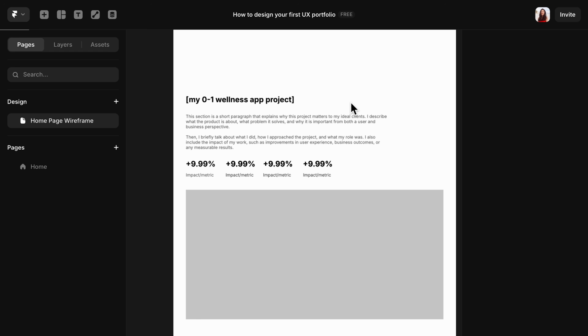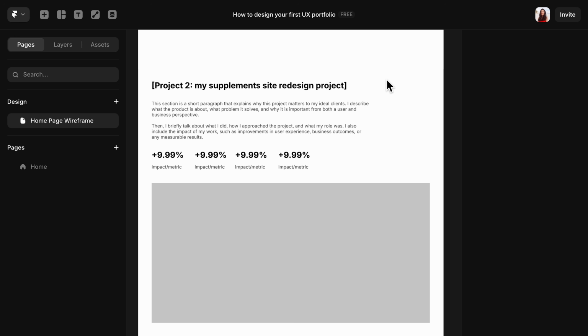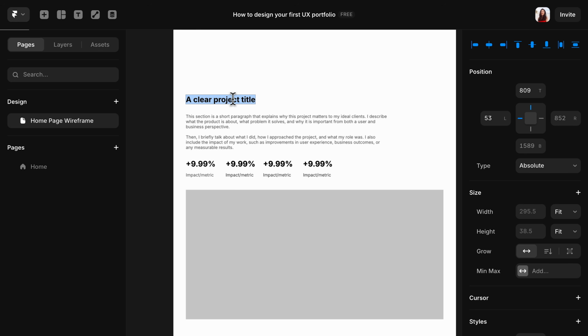For additional case studies, only include them if they are strong and add more value. It is okay if you only have 1 case study for now. The examples I will showcase today also only have 1 case study. And just in case, if you feel like you don't have a strong case study, or if your current project doesn't match the work you really want to do, or you're not even sure what kind of client project you want to do, these are all completely normal. And for now, the goal is not perfection. So just pick 1 project to showcase, and you can always replace your case studies later.